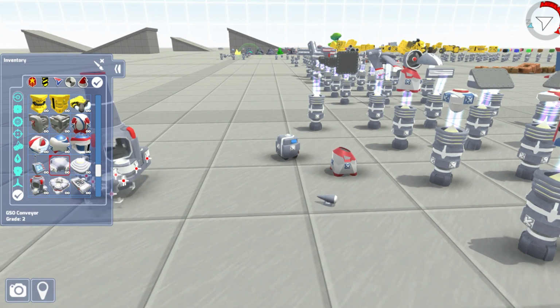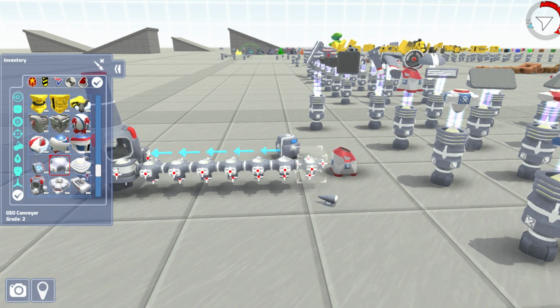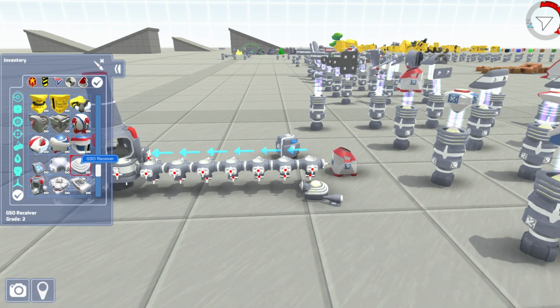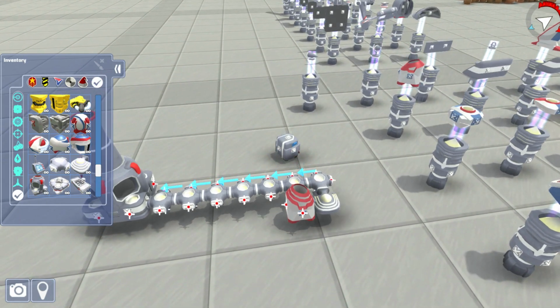Now we need some type of conveyor. Let's go ahead and do that really quick. A couple more. One more. There we go. Put on a GSO receiver. Yep, there we go. It is connected the right way, or it was. And then we'll throw this on there. And hopefully when we throw this light on there...